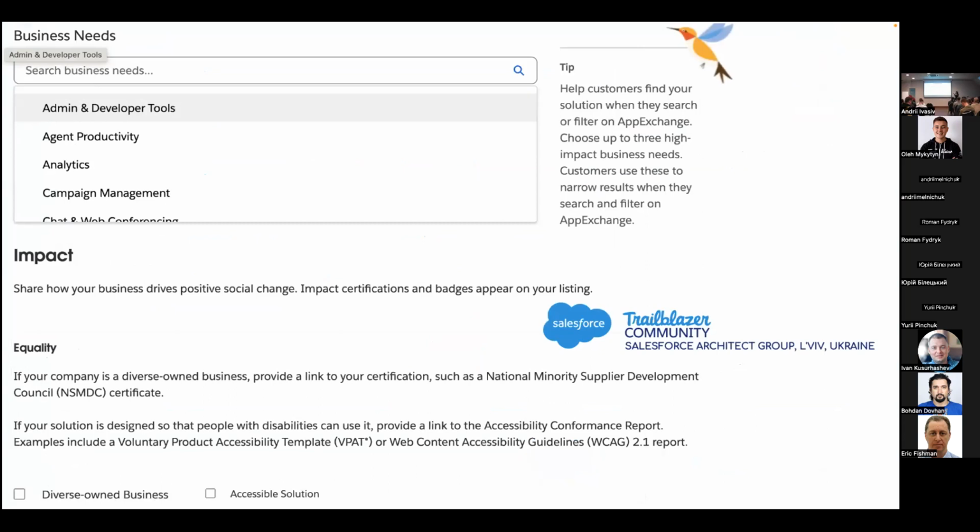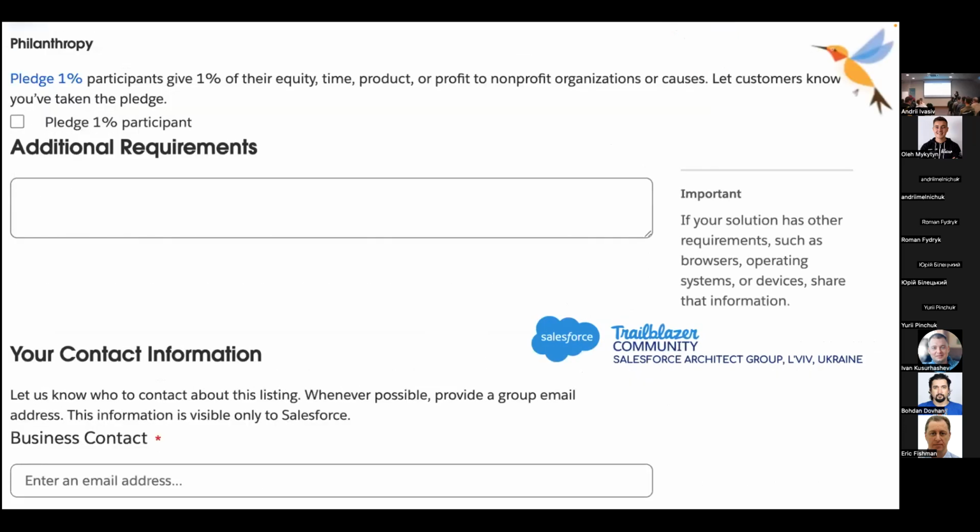Next one is business need. Usually for my packages it is admin and developer tools, but you can select what your packages are for. And you can put some checkbox for equality, for example, if you have something like a disability-owned business or some accessible solution. Next one, you can select if you are donating 1% of your profit to some non-profit charity organizations. And you can put some additional ones. Next, you put some contact information, and next